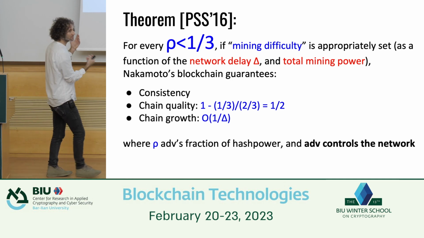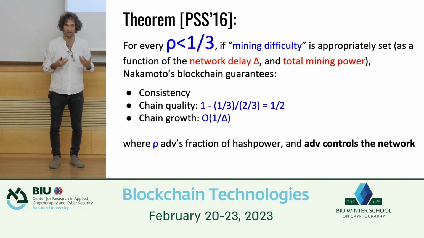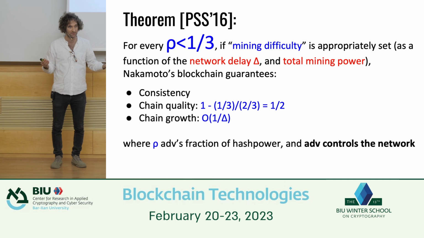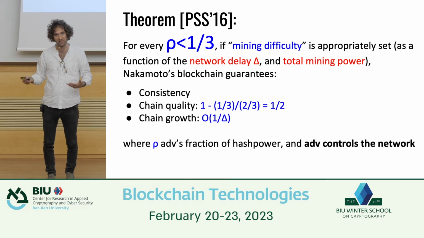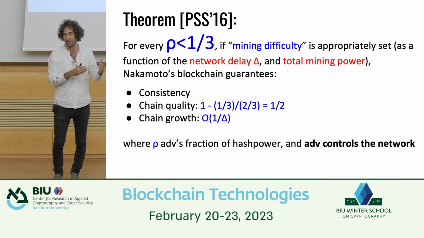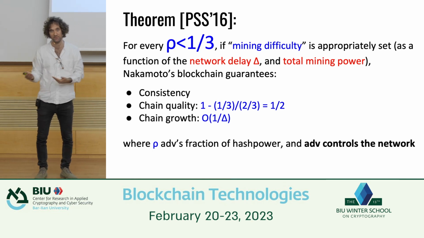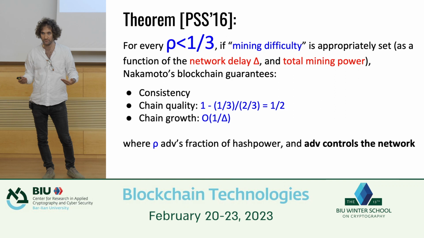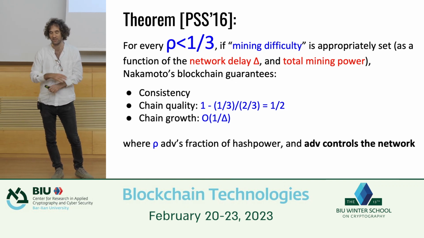And indeed, this can be shown to be optimal. I won't have time to go into it, but there are some beautiful so-called selfish mining attacks that show that an attacker actually can get more than his fair share of the rewards. So this really is the optimal bound. It's not great because it means that we're not properly incentivizing players, right? But it is what it is, and so far, I guess it's still running.